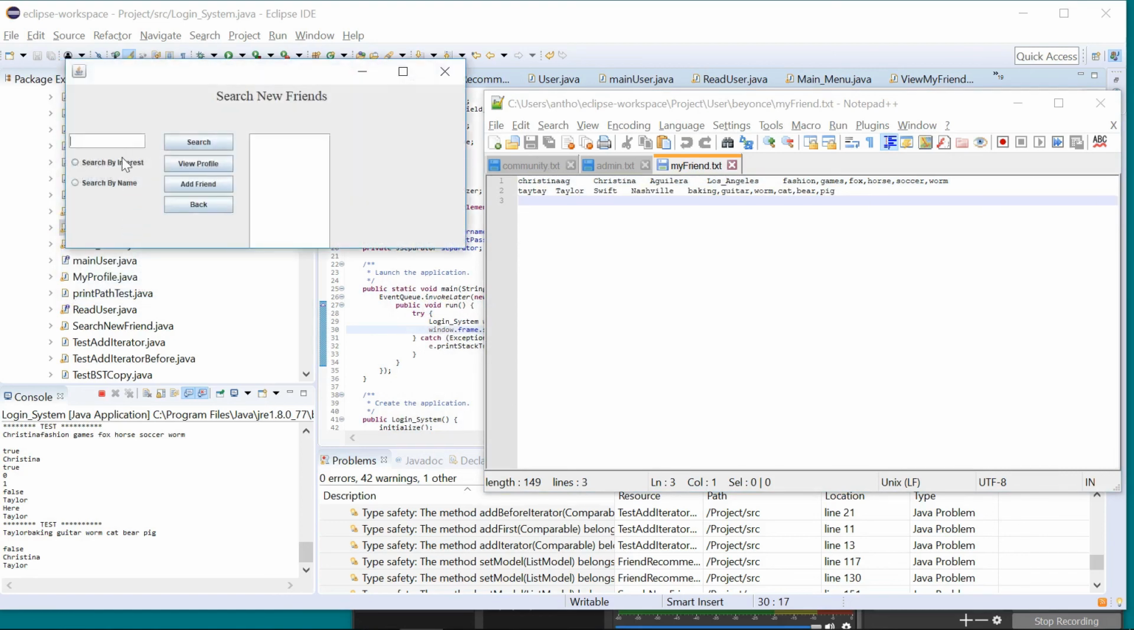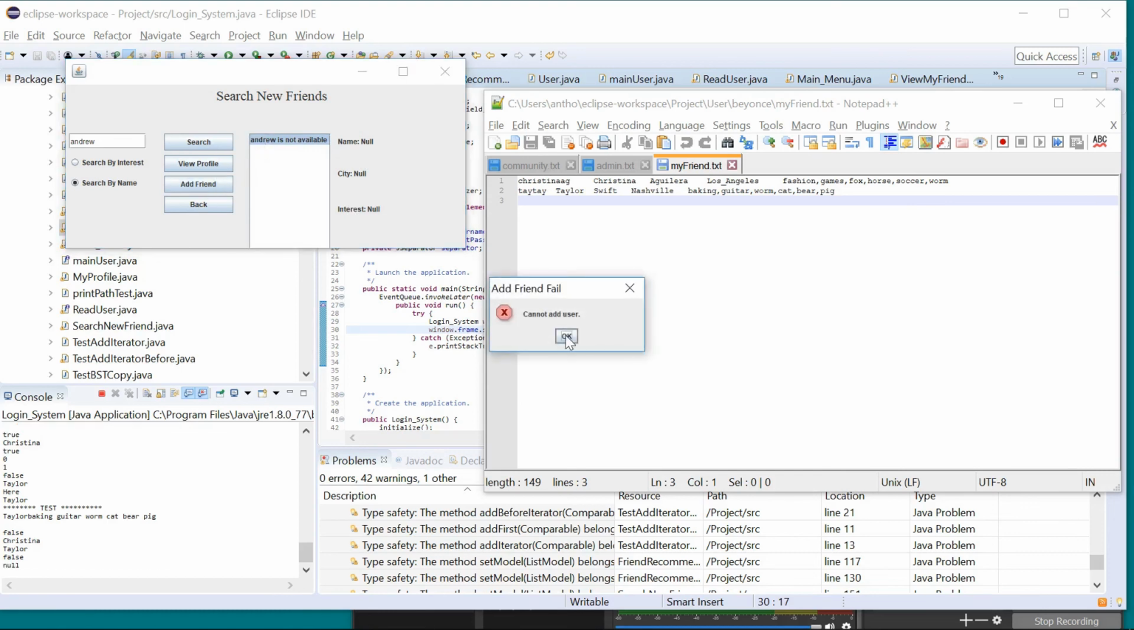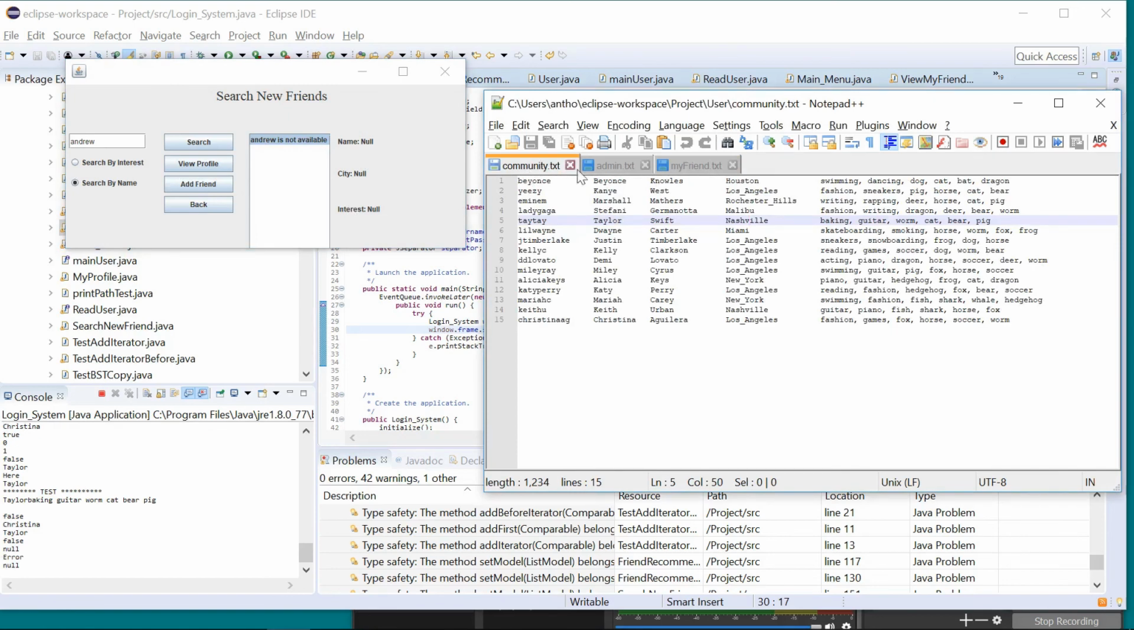Now we can search by a name that does not exist. We can search by someone named Andrew. We can search, and then it shows Andrew is not available. We can't view his profile. It shows name and city and interest is all no. And when we try adding him as a friend, we cannot add the user because that user is not in the community of users. And we could go back,